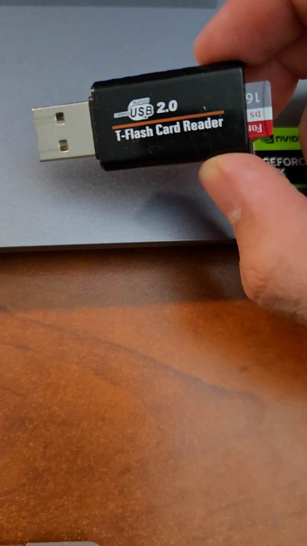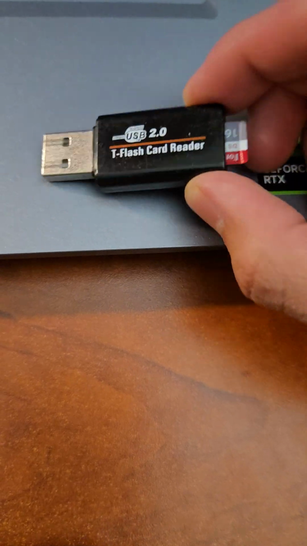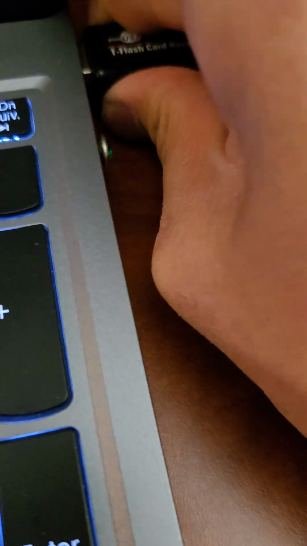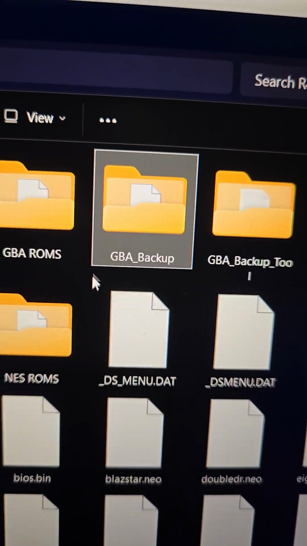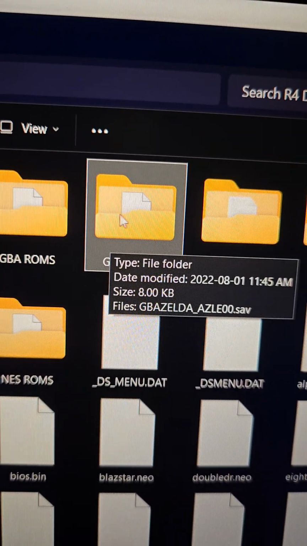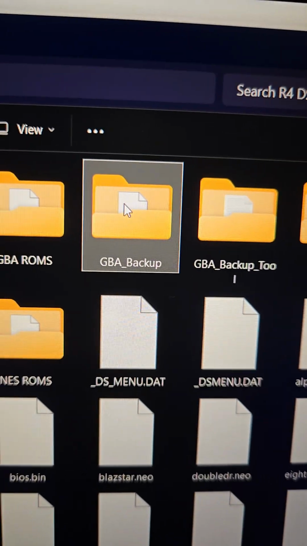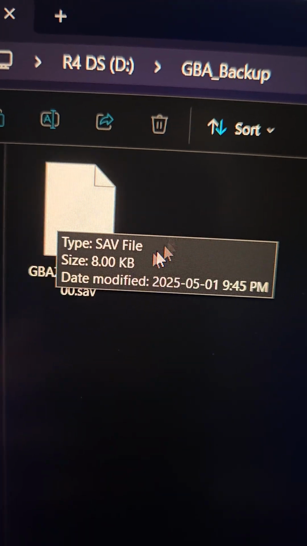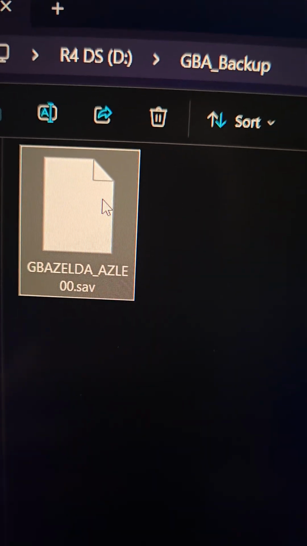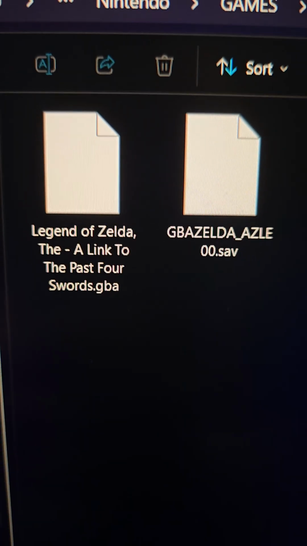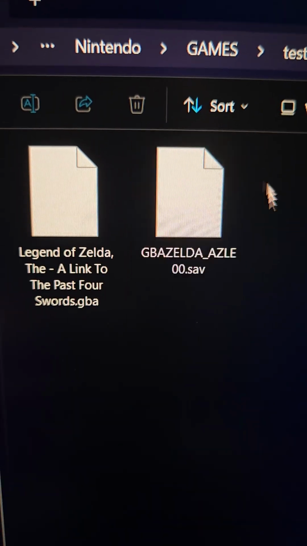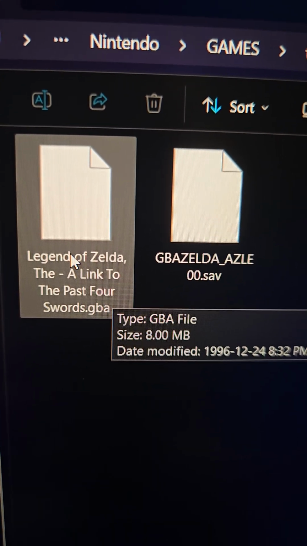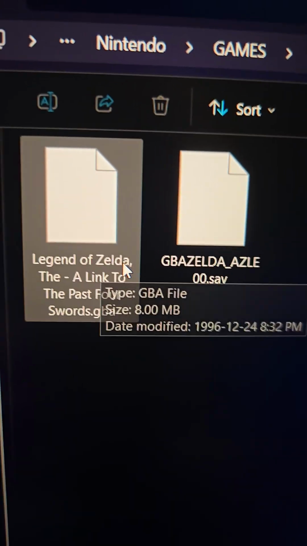The micro SD card is put into a USB card reader, inserted into the laptop. On the folder for computer, we have the GBA backup. We'll click on it, and then here is the Zelda save file. I created a new folder which has the save file as well as the GBA file for the Zelda game,